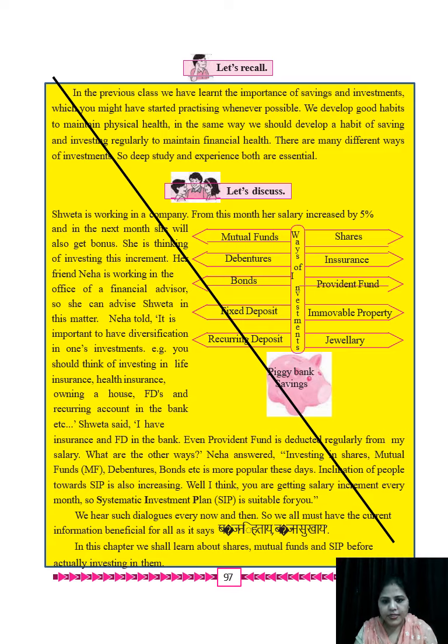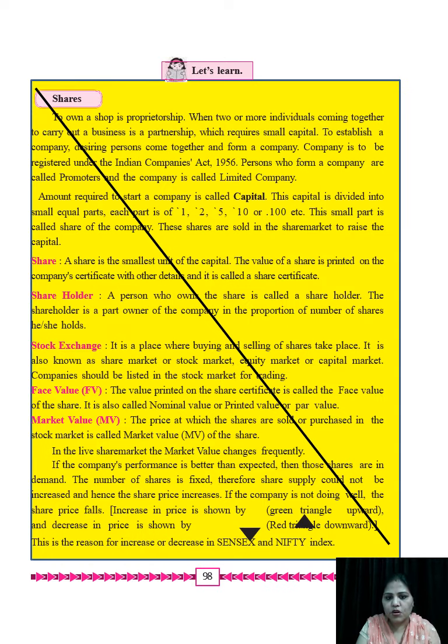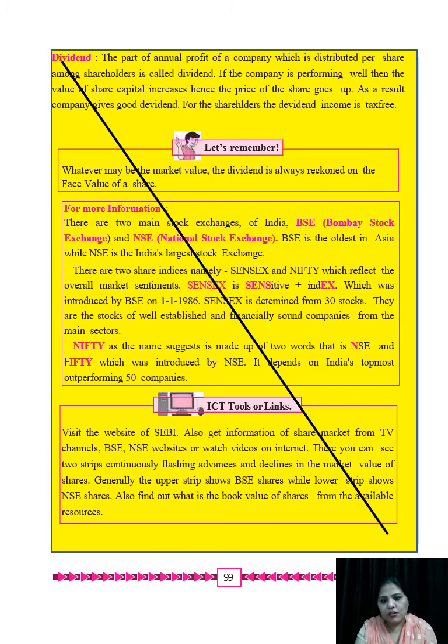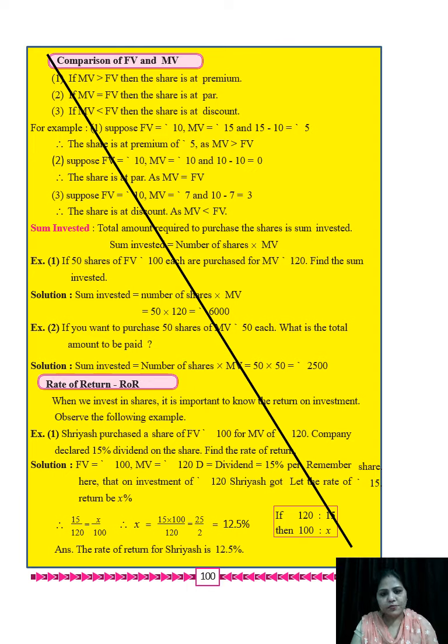Then page number 97. What is there on page number 97? Mutual fund, debenture, bond. Yes, this is also not there, the shares, provident funds. This is not, means what? Your shares, mutual funds, sums based on that will not be there now. They are all reduced. Page number 98. Cancel the whole. 99. Go on cancelling. Cancel this. Strike out. Page number 98, 99, 100. Face value and market value. Sums based on shares. Page number 100.